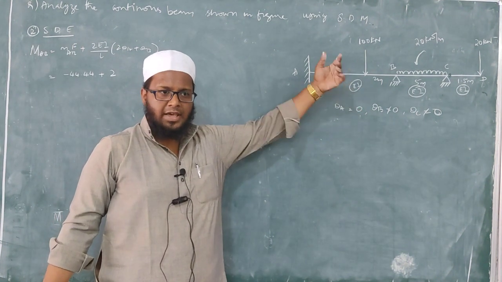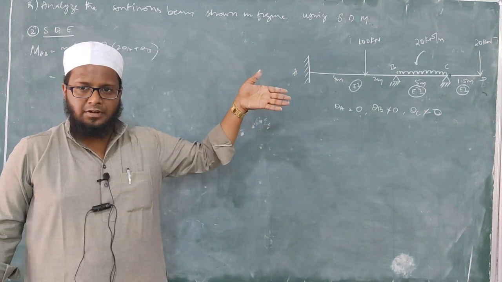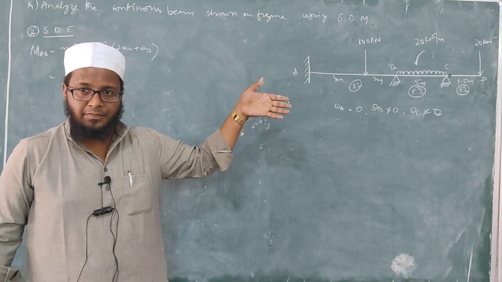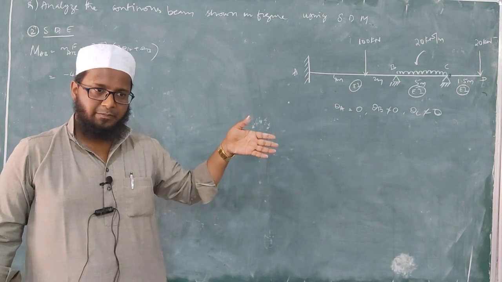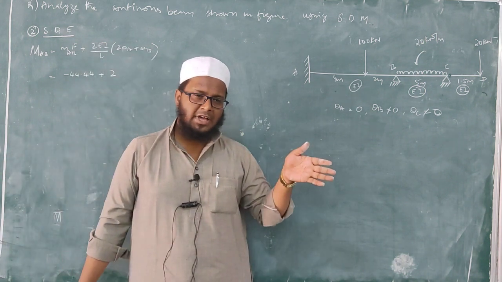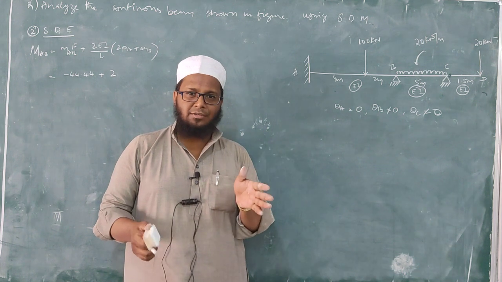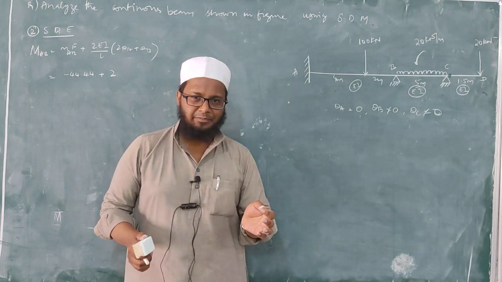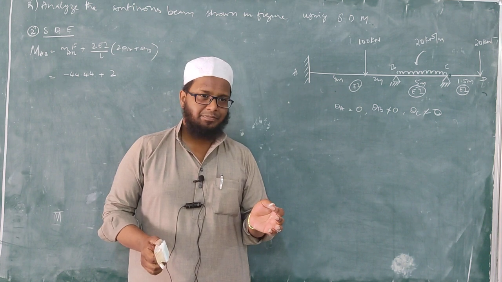There is no 2EI, 3EI, okay? What do you mean by EI? Modulus of rigidity. EI is modulus of rigidity. As I told you before also, our beams are like, have you seen Maruti van, isn't it? You know Maruti van? Yes. Our beams are like Maruti van, isn't it?